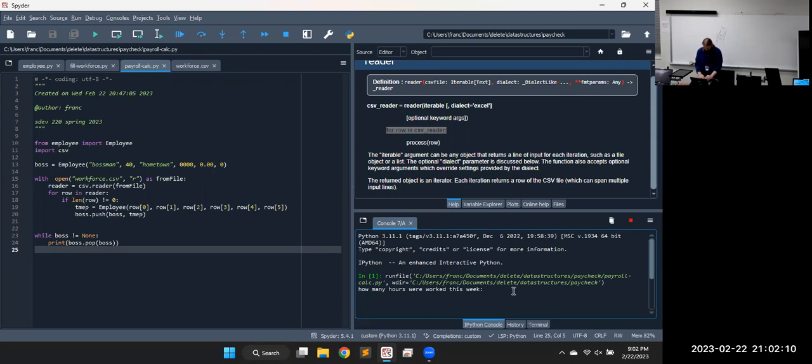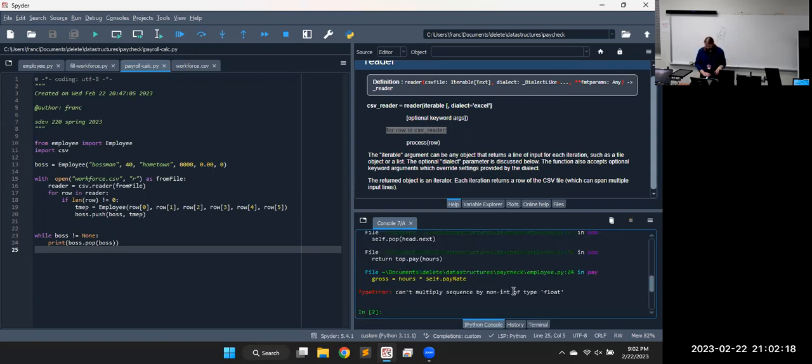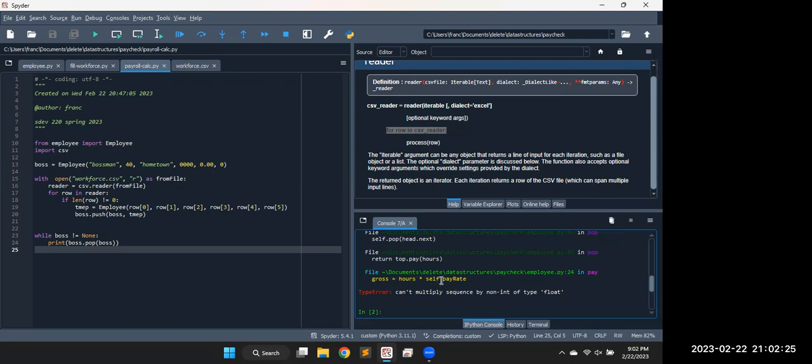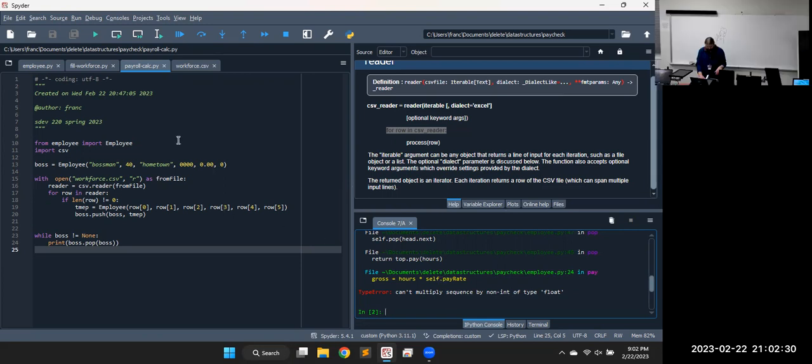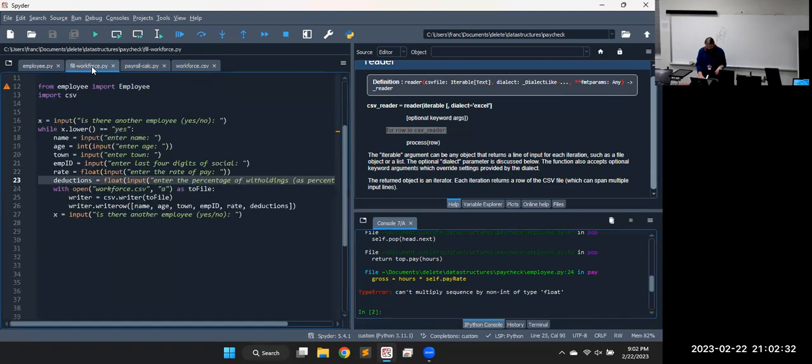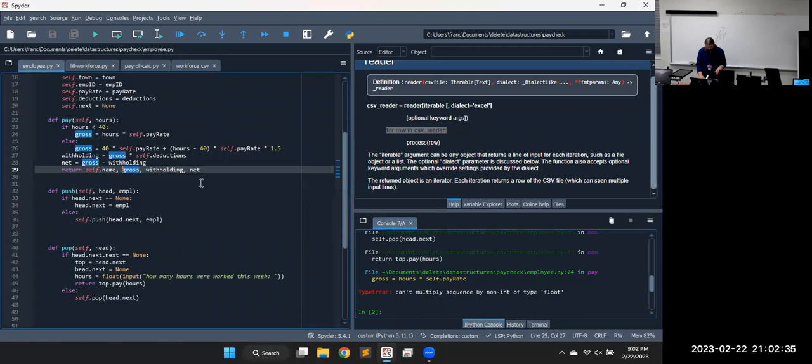How many hours were worked this week? We probably should have worked names in there, so we have to know whose name's who. So I'm just going to make up. Can't multiply sequence of non-int by type float. You have to make them both strings again. Where do we ask that? Employee line 20. How many hours were worked, turned it into a float, and then we multiplied by rate of,